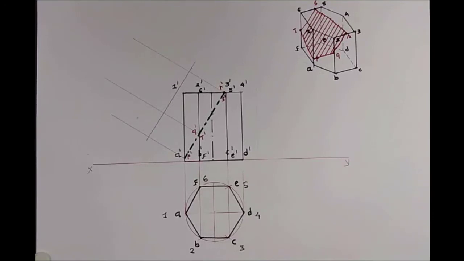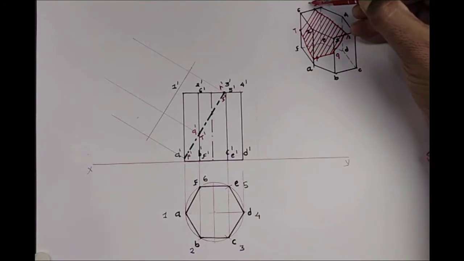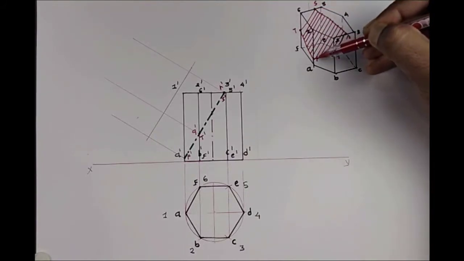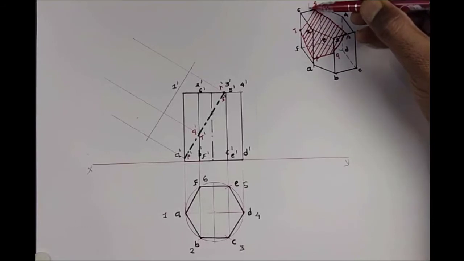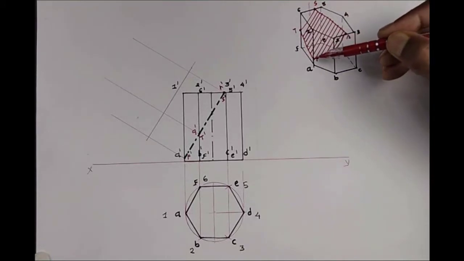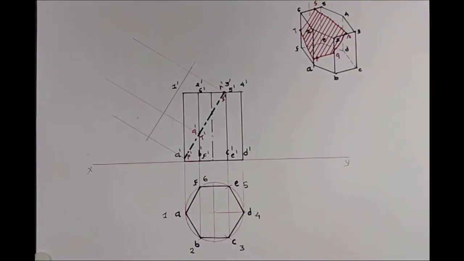Similarly, you transfer all the new cutting points onto your top view. So now you observe here, you view the point P from the top orientation, from the top view. The projection of point P appears at the same place. So I can show the plan point P at A.